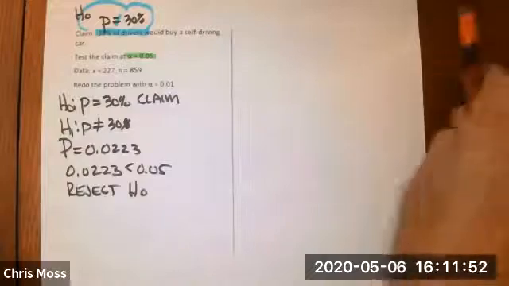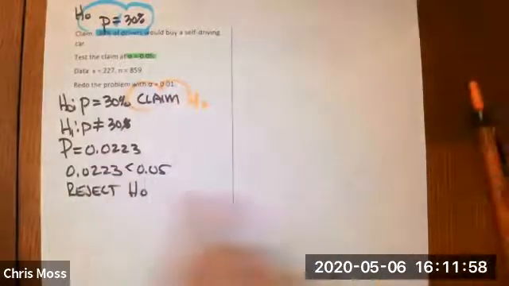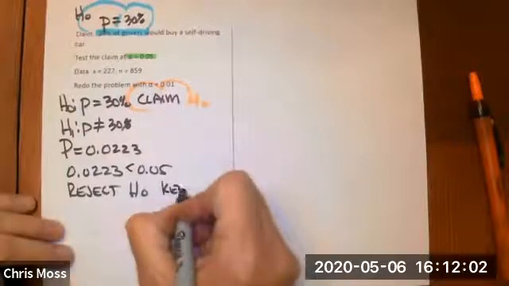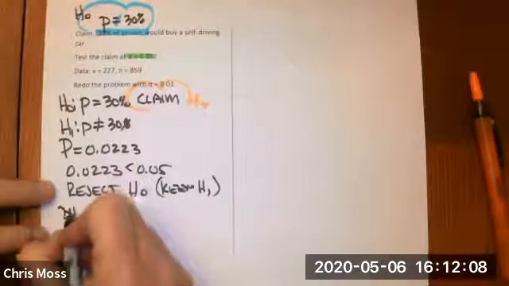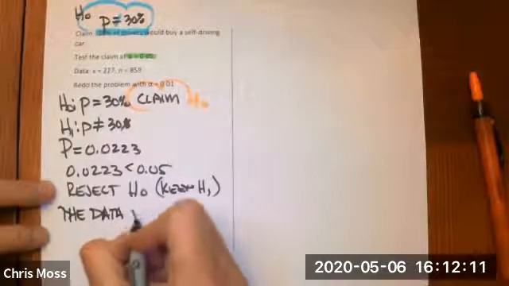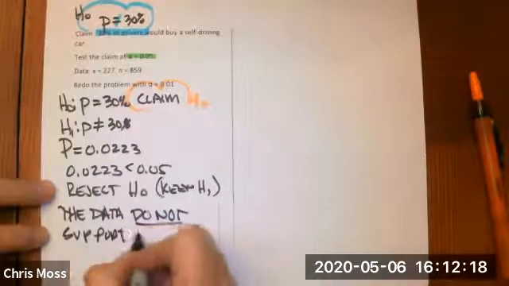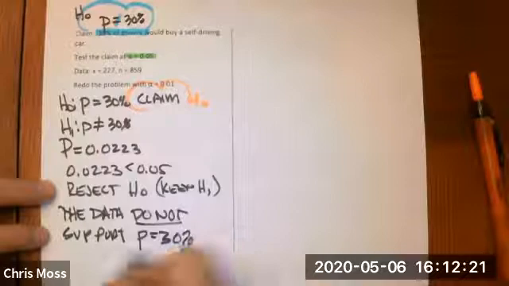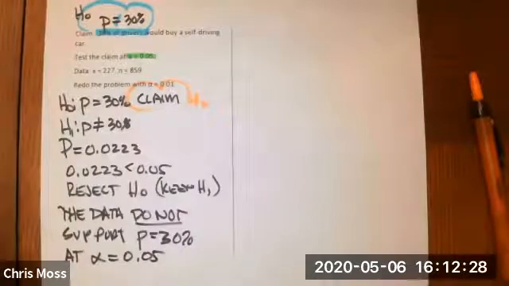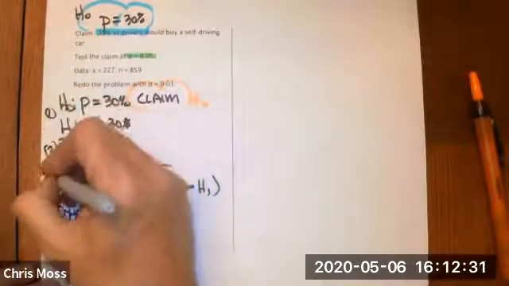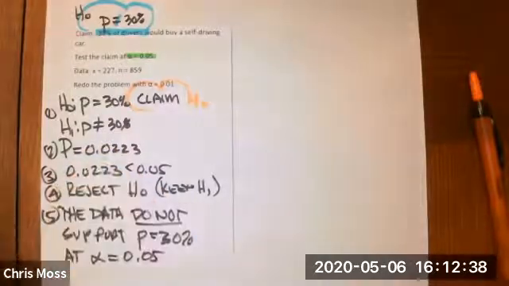Now, I need to address the original claim. I'll note that the original claim is indeed the null hypothesis. So if we've rejected the null hypothesis, that means I'm going to keep the alternative. So that means that the data do not support P equals 30% at alpha equals 0.05. So there's the 1, 2, 3, 4, and 5 steps of the